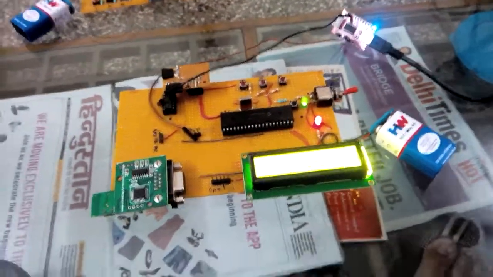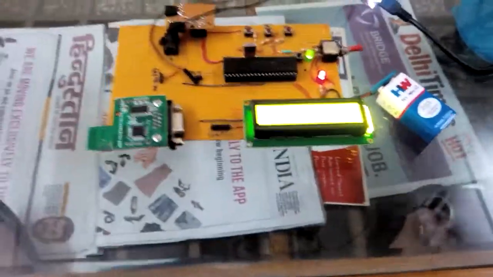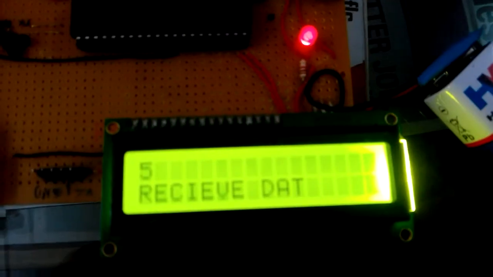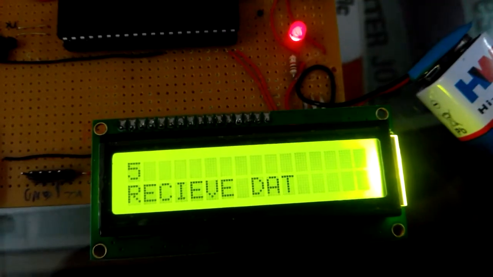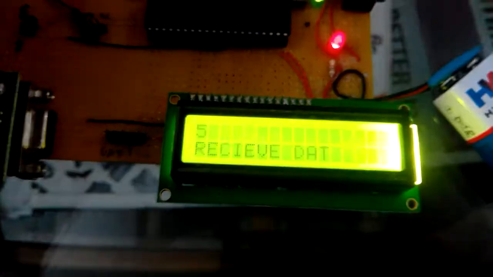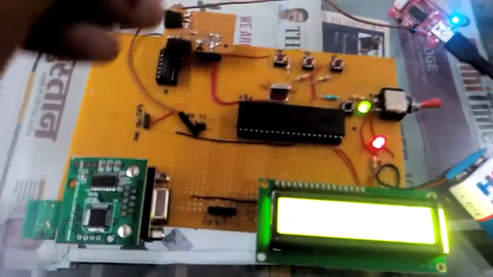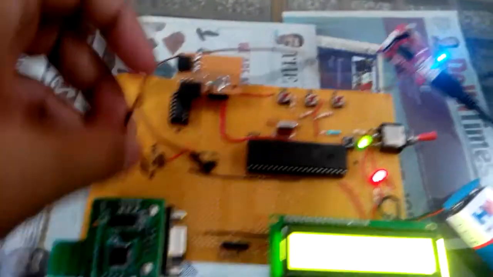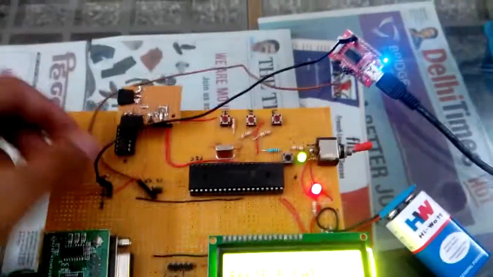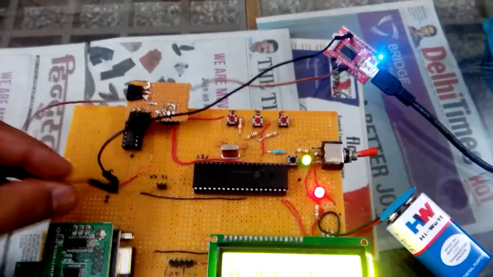In this test, as discussed earlier, the receive data option, which is option number 5, I have already selected. It's an infinite loop. It will receive data until the data transmission is detected. So I'll first of all connect the USB to serial converter terminal. This is the ground terminal, which is very important, and the other is the signal terminal.